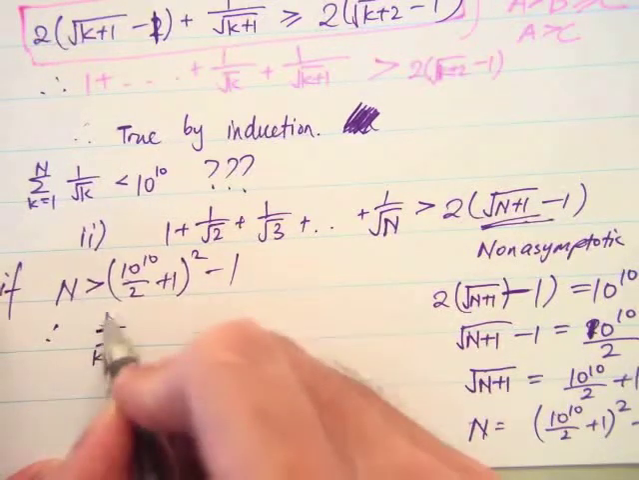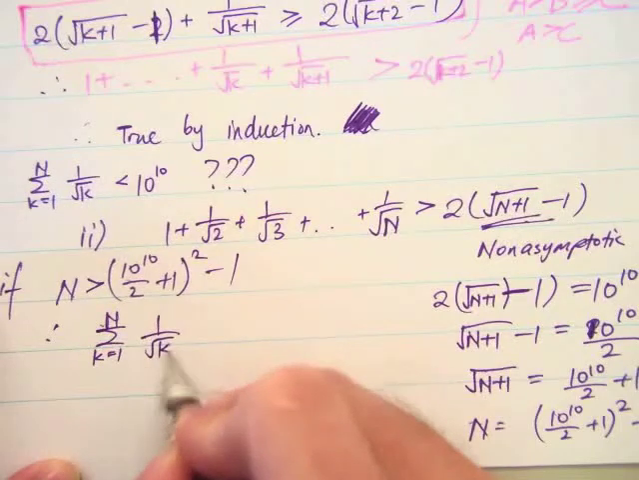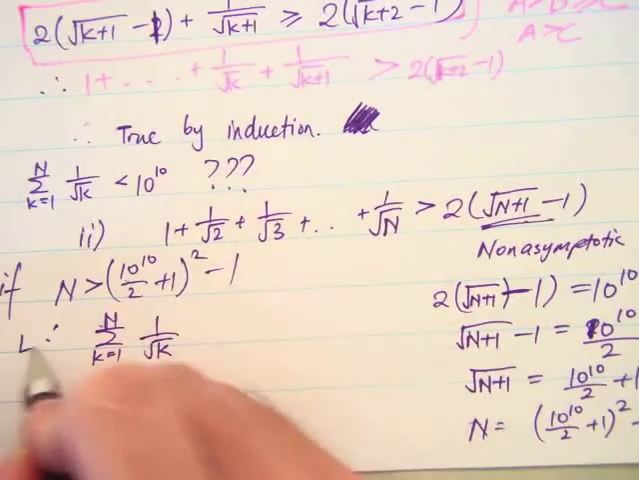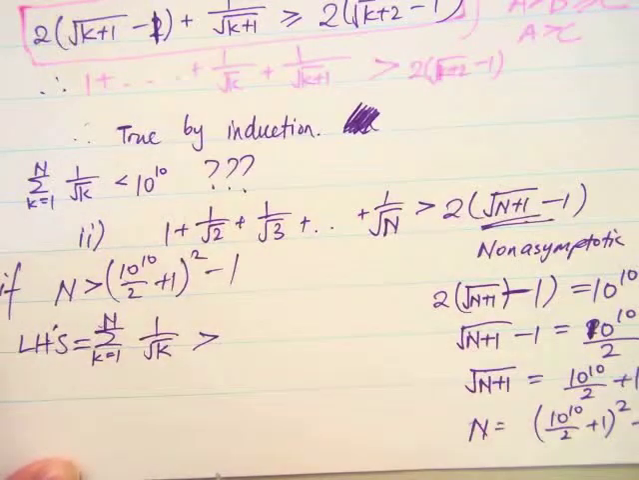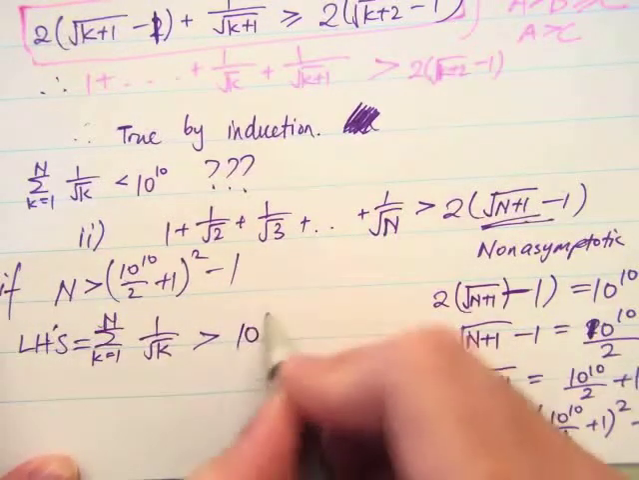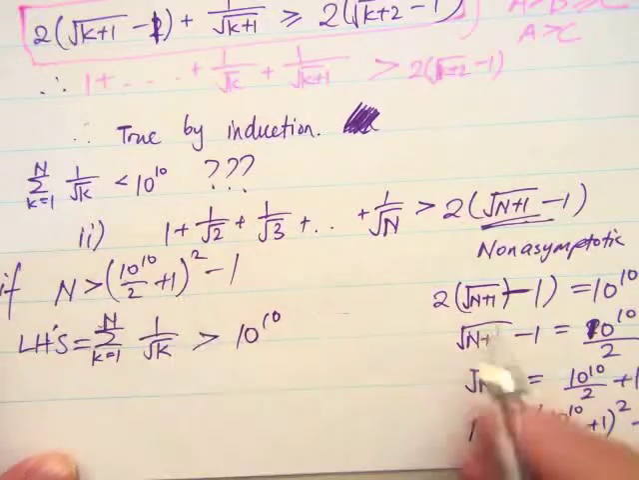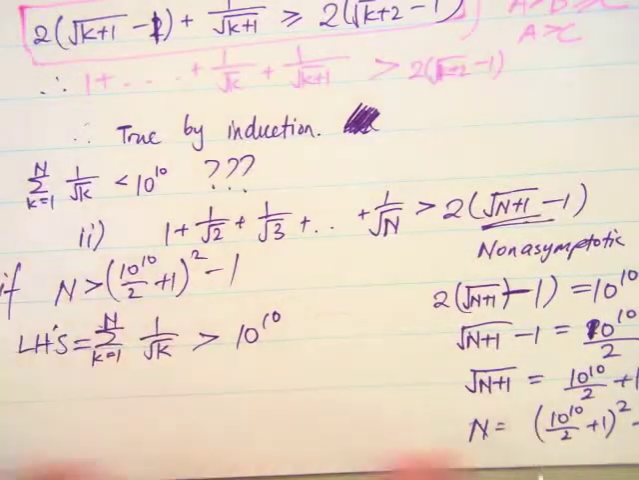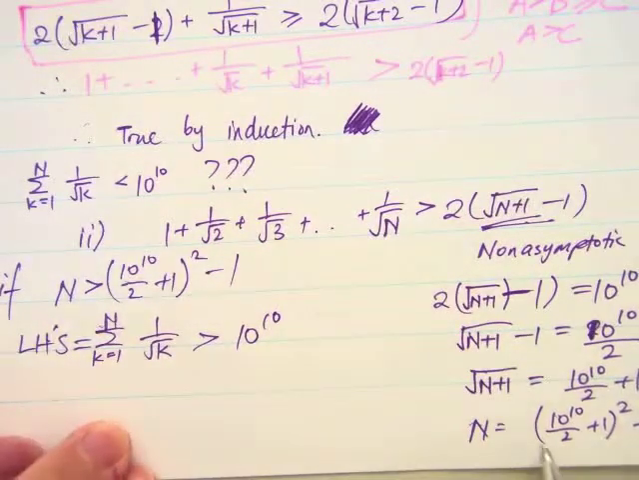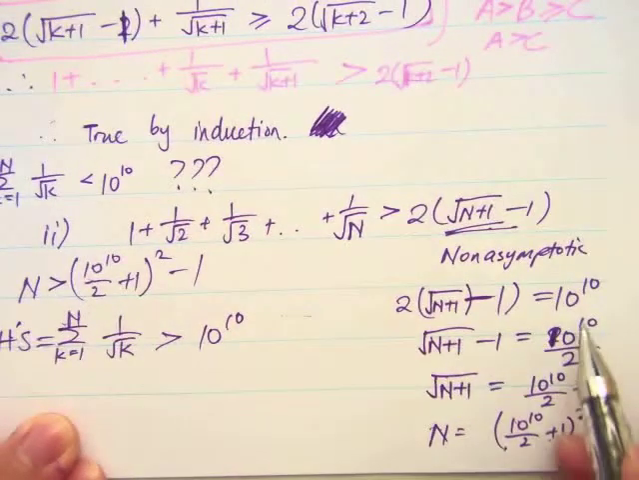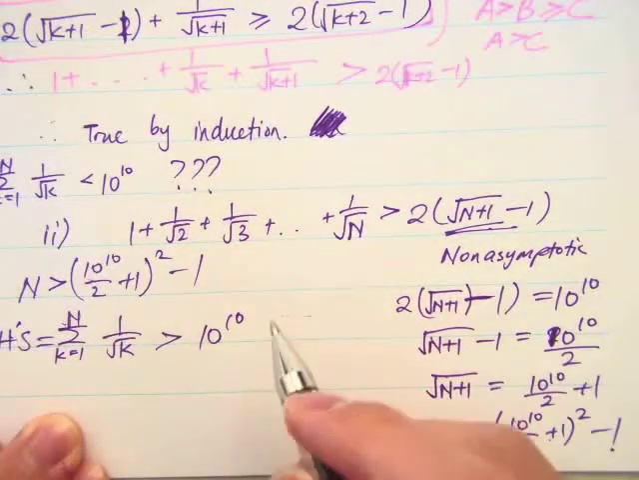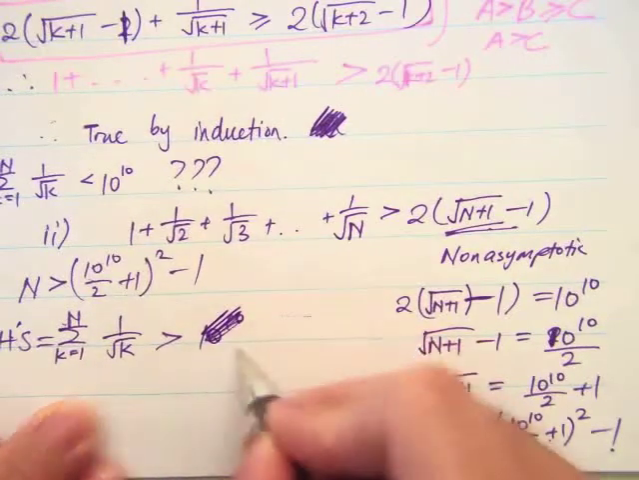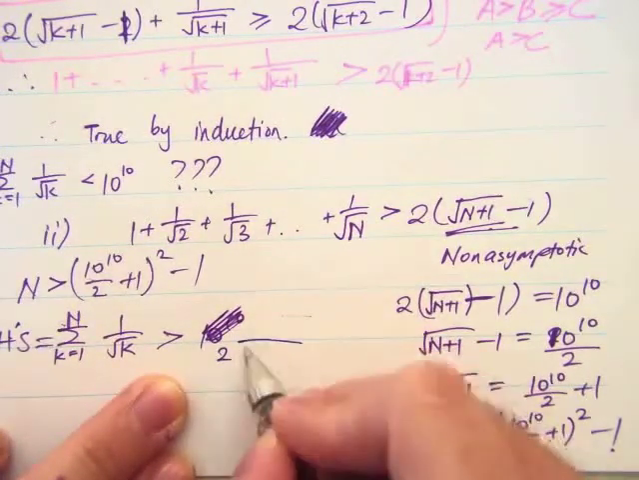from k equals 1 to n of 1 on root k, which is our left-hand side, is greater than 10 to the power of 10, because that's what it says, right? If n is this number, you get 10 to the power of 10 exactly. Let's just write it properly. It's greater than 2 to the power of,